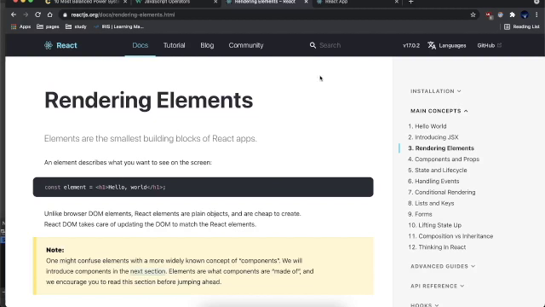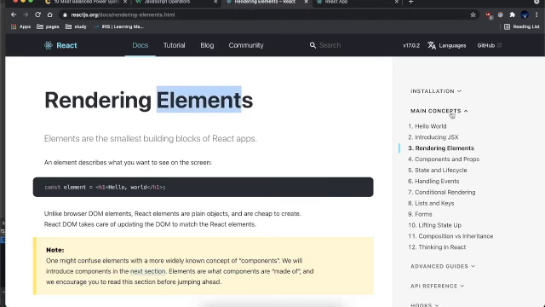Hello everyone. In the last video we have seen how ReactJS works internally, and we have created a simple hello world ReactJS application. In this video we are going to learn about the concept of rendering in ReactJS, as well as see the component and props in ReactJS. So let's get started. If we look into the documentation of rendering elements, we can go to reactjs.com/doc rendering elements,